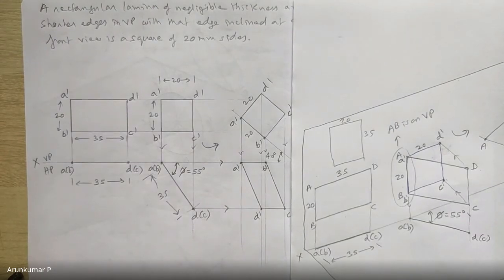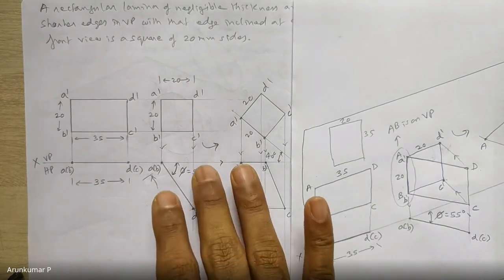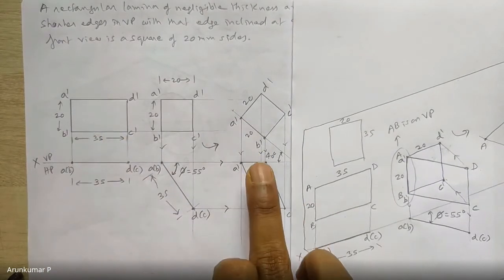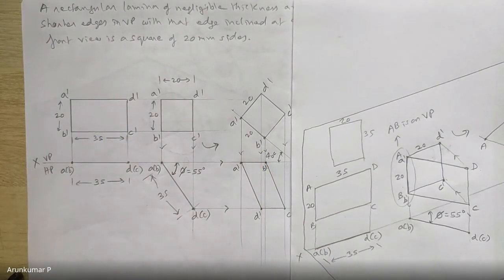So next week onwards, we will start with solids. So maybe we have 2 or 3 classes. So in that, some basic solids we'll take up and see. The same concept remains. There will be the same 3 steps. Only thing is, instead of planes, we are going to deal with solids. We will start with the basic solid, that is a pyramid, a square pyramid. Okay, and then we'll go for maybe square prism or other pentagonal, hexagonal pyramids. The concept remains the same, more or less. Only thing, the entity changes.